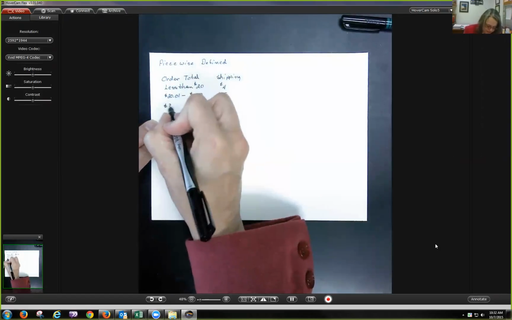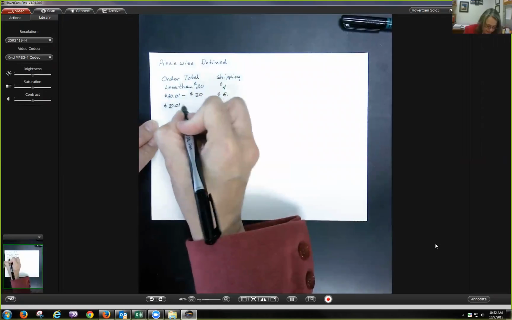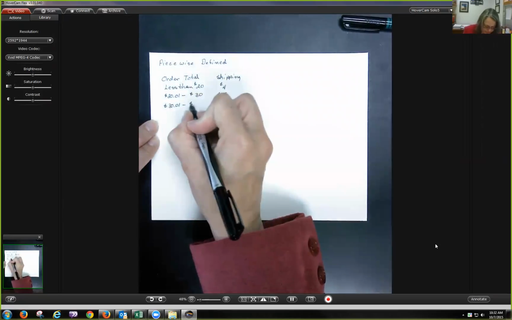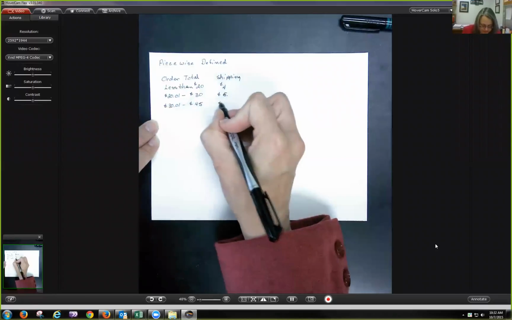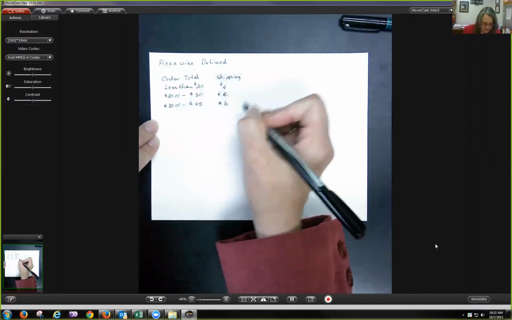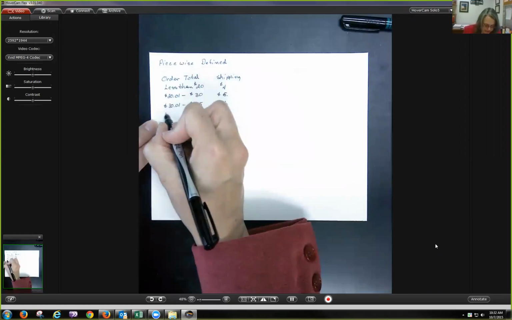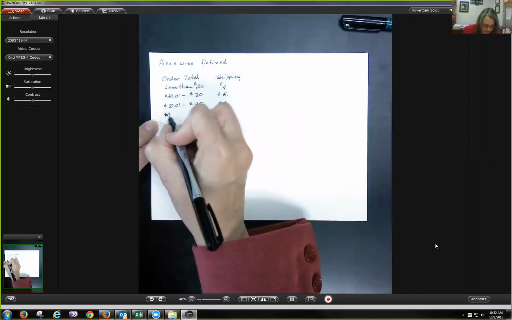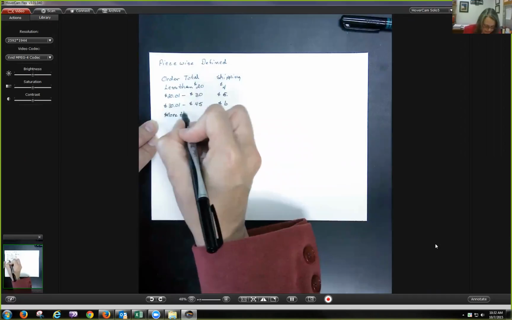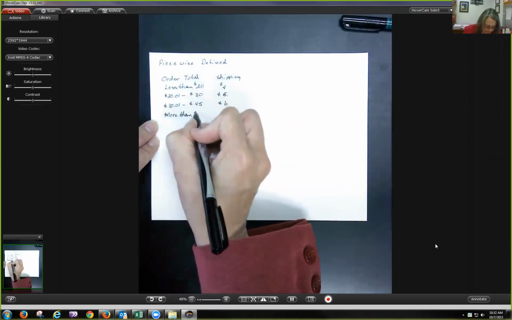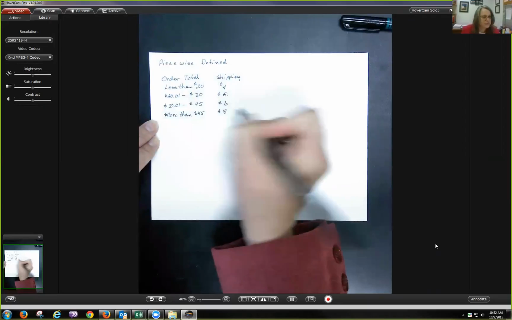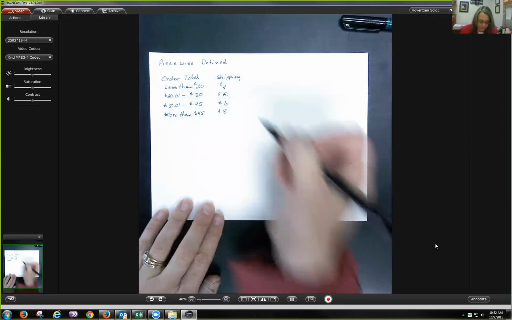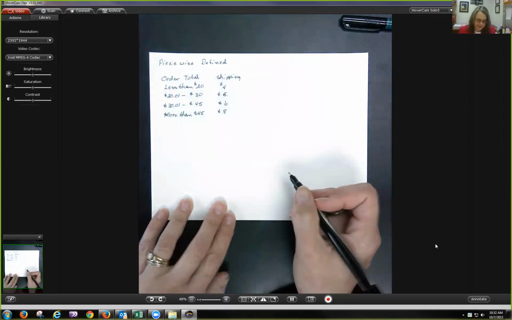If your total was $30 and a penny to $45, shipping would be $6. And let's say if it was more than $45, shipping was $8. Okay, now if we look at how to graph this,